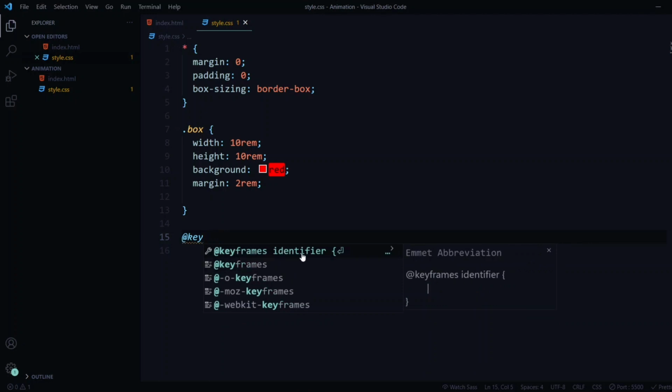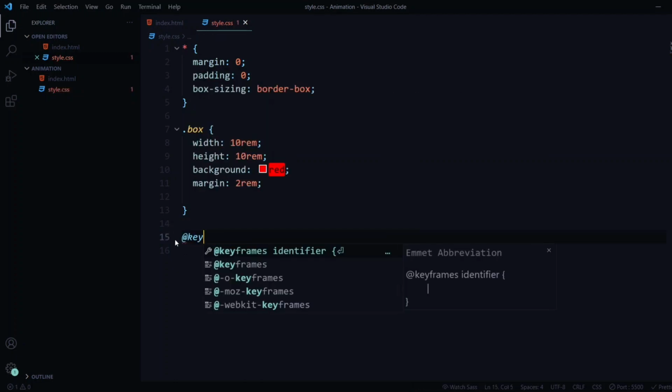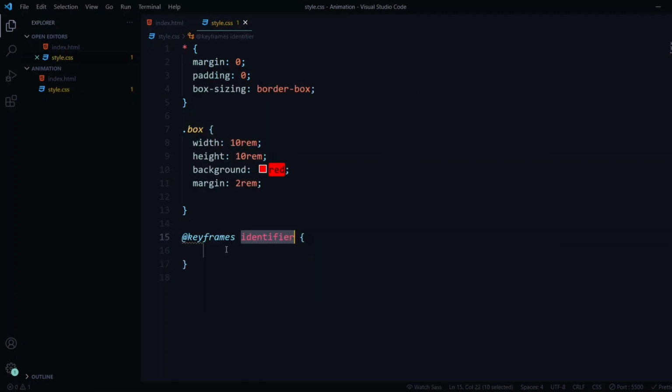You have this identifier one, which is what we use, where we give the name, and then we have this separate keyframe. Sometimes if you type it out like this, that might give a problem. I'm not saying it does, but if that's the problem, what you can easily do is type out keyframes and just press enter over here. In place of identifier, write the name of your animation, and here you can write from.